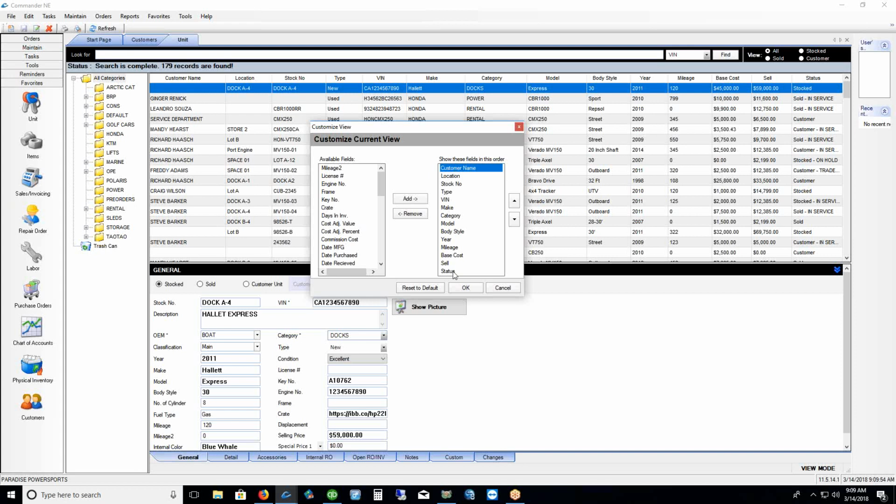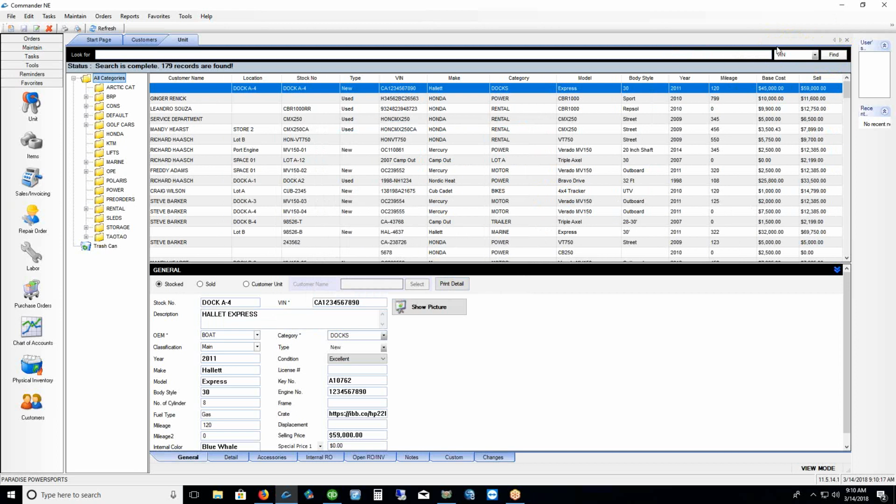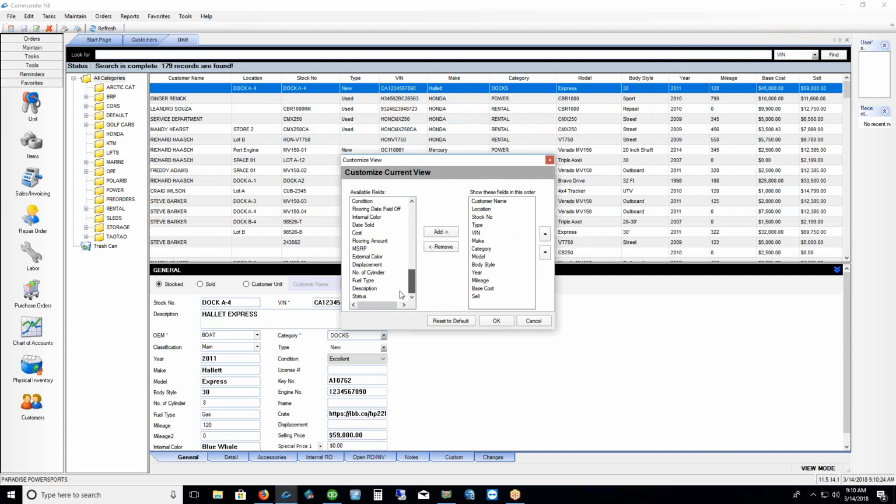One thing I will caution you is not to remove the status field here, the one that says Status. Commander uses statuses for all your serialized inventory, and those include things like whether they're a stocked unit or a customer unit. If I do remove the status field, it also removes those statuses at the top there, and they disappear, and I don't have use of those statuses. So with the exception of the status field, I would encourage you guys to customize your